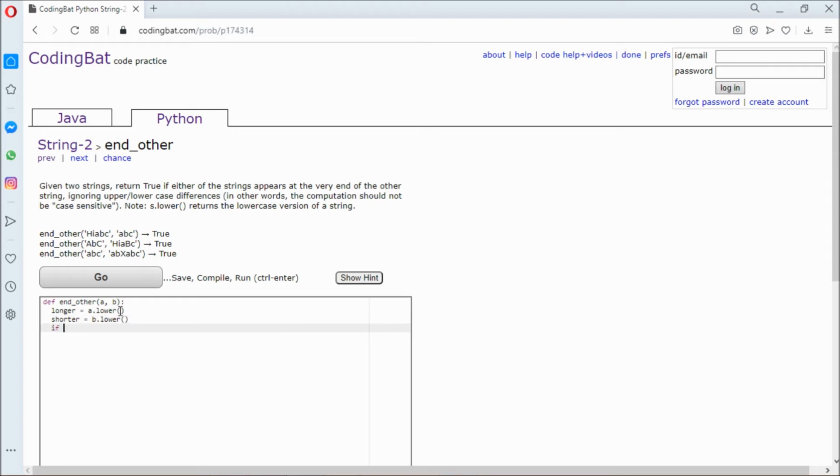Now if it is the opposite, we can check if length of B is greater than length of A, then longer will be B dot lower and shorter will be A dot lower, and in the end it's simple. We will return the function